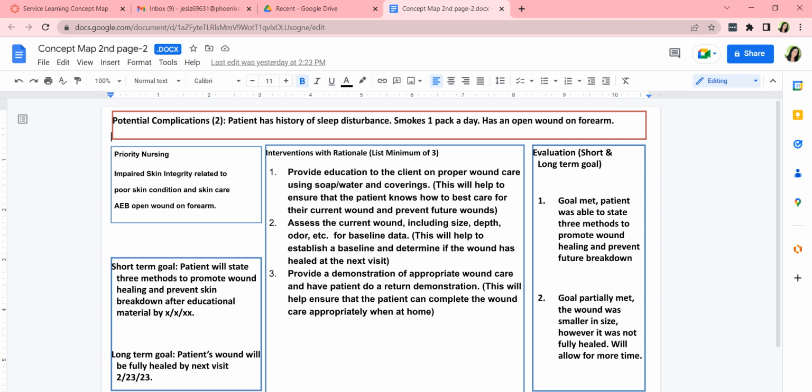So I'm going to provide education to the client on proper wound care using soap and water and coverings, meaning maybe bandages or 4x4s or whatever you want to encourage them to use. My rationale is this will help to ensure that the patient knows how to best care for their current wound and prevent future wounds. Perfect, nice and complete. My second intervention, assess the current wound, including size, depth, odor, etc. for baseline data. My rationale, this will help to establish a baseline and determine if the wound has healed at